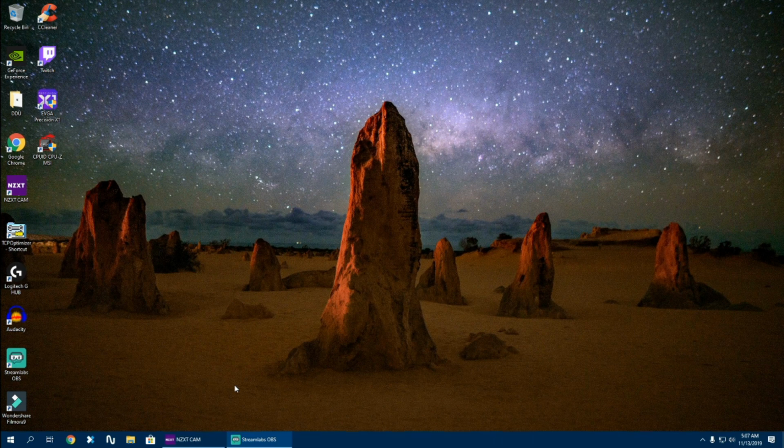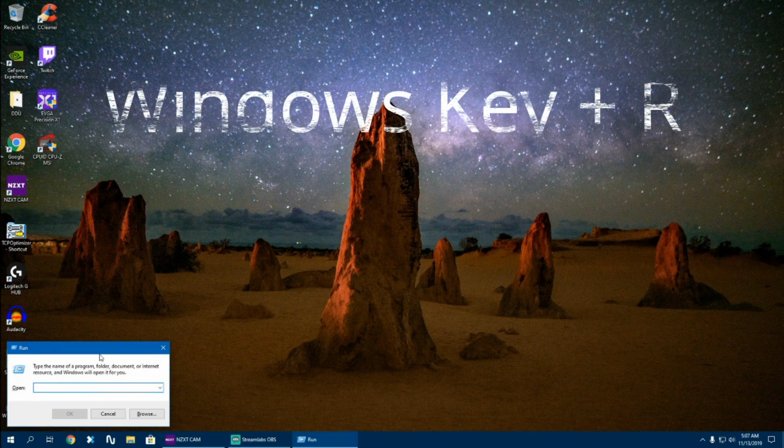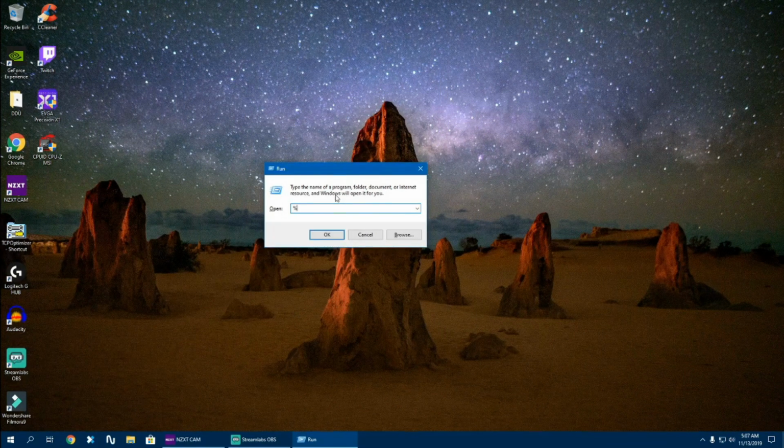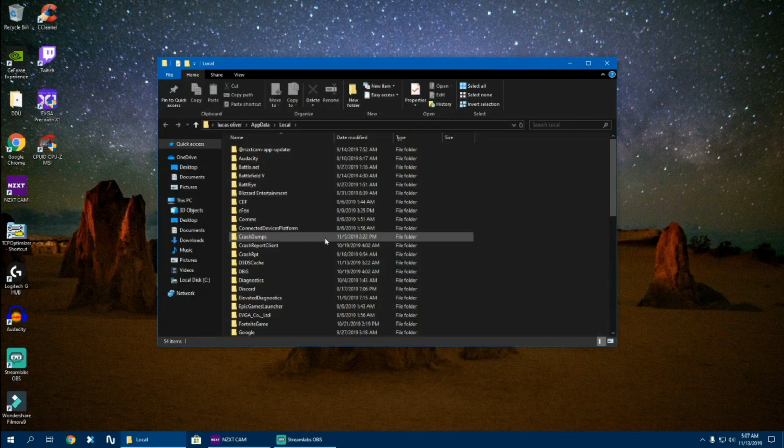First thing you're going to want to do is type in Windows and then R. It's going to bring up this little box. You're going to type in %localappdata%. Alright, not the fastest typer, so. Anyways, find this file called Fortnite game,